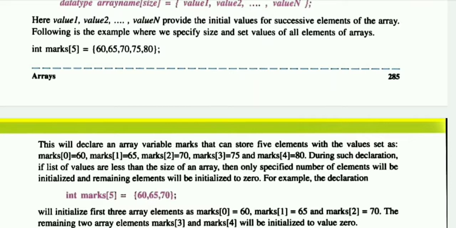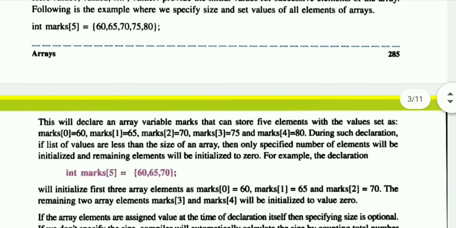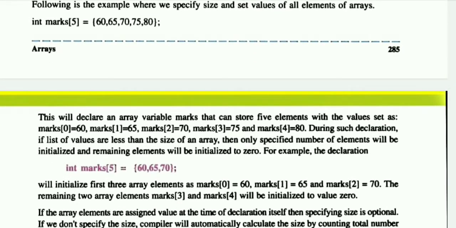When you give fewer values than your original size, it will store only the values provided by you. The first value will be stored in index 0, the second value in index 1 and the third value in index 2. The remaining 2 values, for index 3 and index 4, I have not given, so those will be initialized as 0. There will not be any garbage output, but in their place 0 will be there.